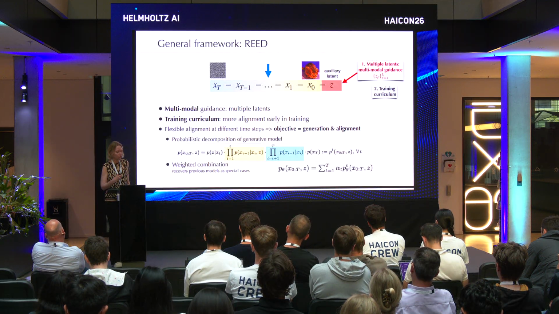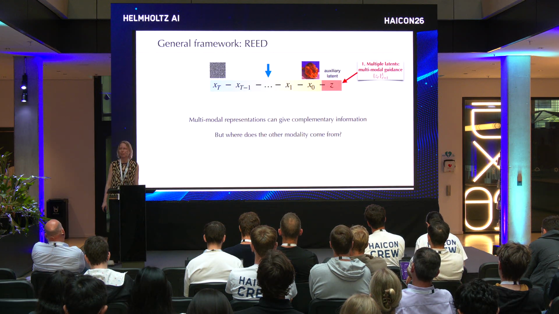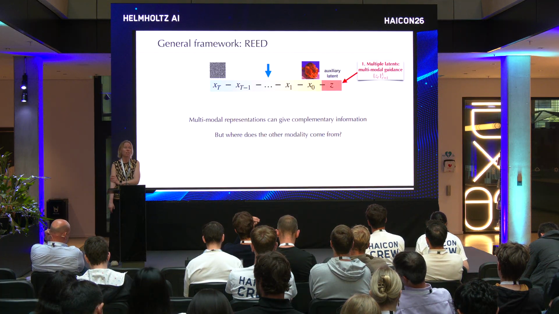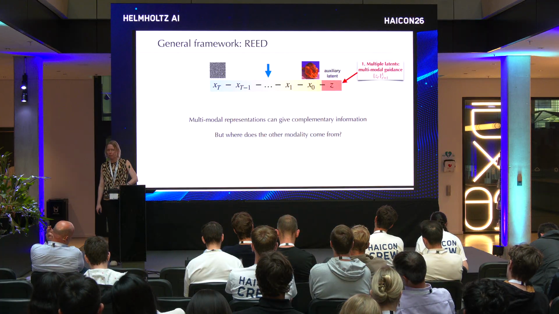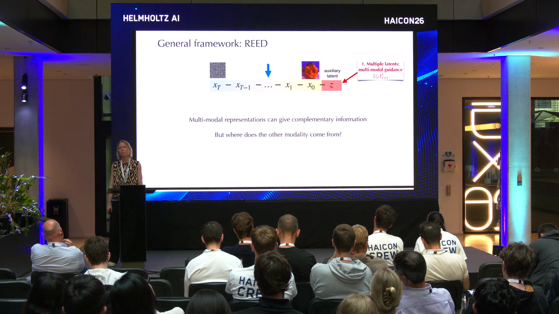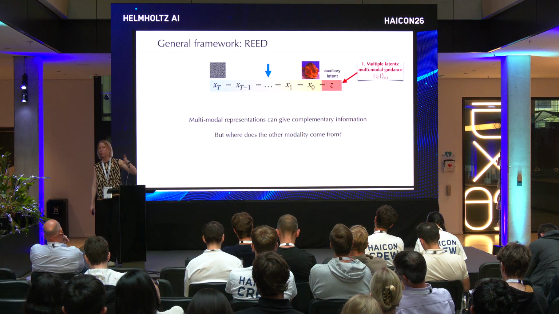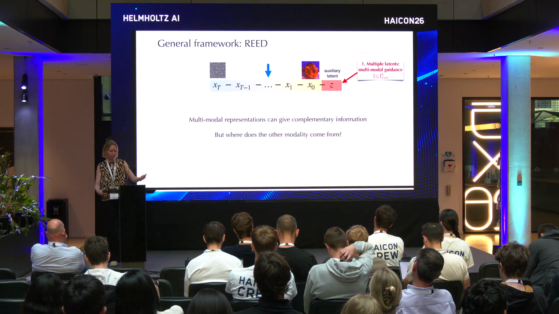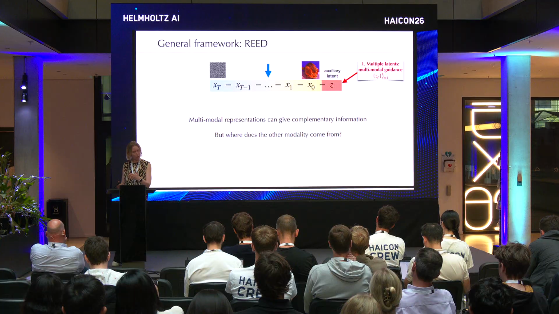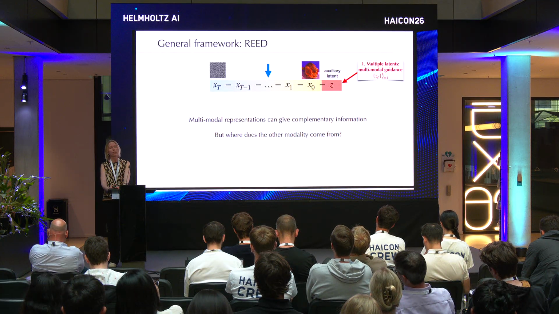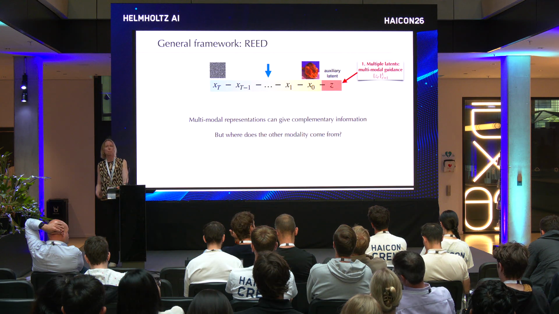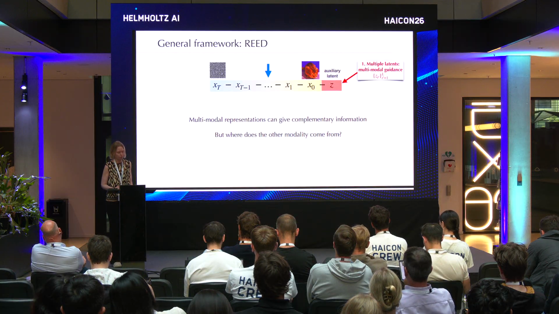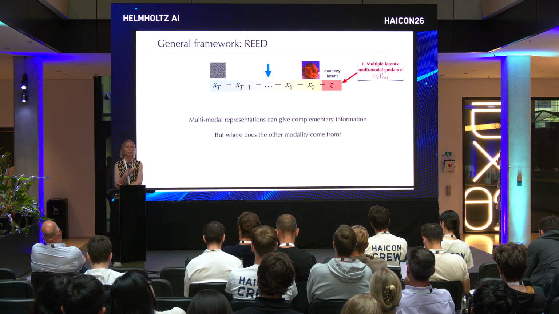Okay, but let's go back to the multimodality, because this talk is about multimodality. So it gives you complementary information. But now we are actually generating maybe this particular image. So where does the other modality come from, if we assume that we do not directly have paired data to start with? We could try to do something more general about concepts, but maybe here we want something that's really specific to the thing we want to generate. The other thing is, if we had paired information, maybe that's already too much information. It'll give you shortcuts. So where does this other modality come from?